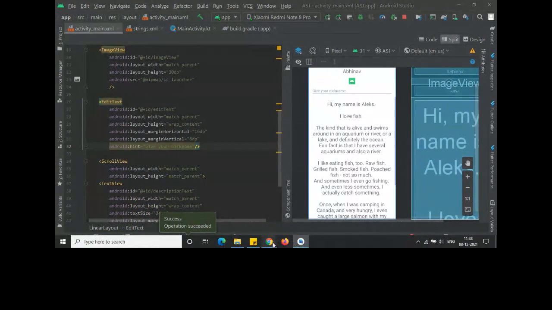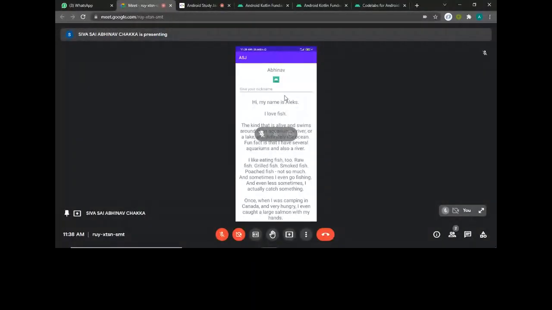Okay. Done. See, now you can see there's a thing to type in whatever you want. When you click on it, it highlights, gives you a cursor, and opens a keyboard. So let's type in anything, and you can see that. Now, if I just erase it, again you get the hint back.